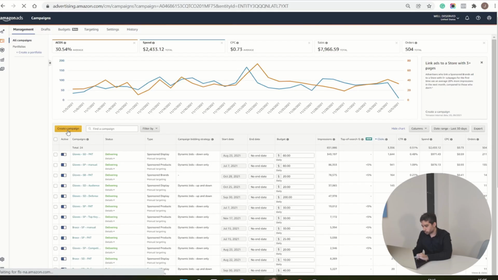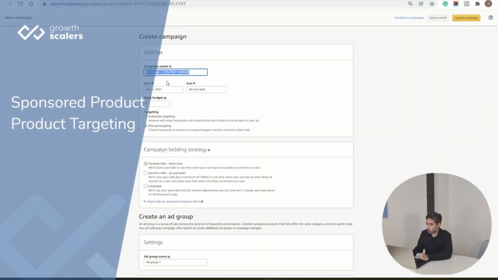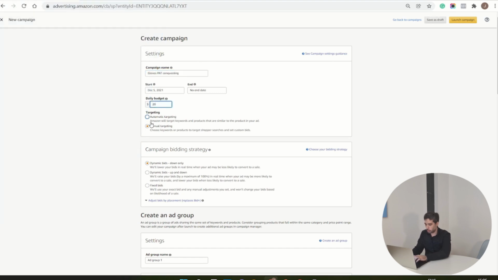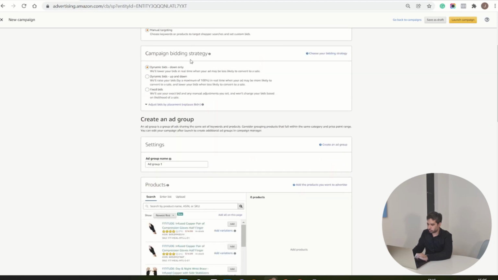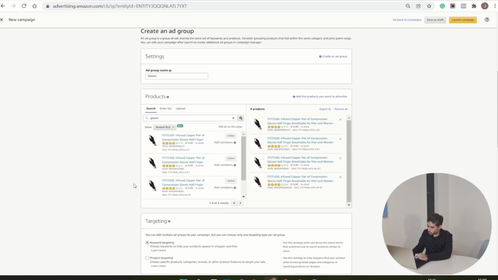Now we want to have the last and least campaign today. So this campaign is the campaign that is going to be shown on the product listing of other competitors. So let's go back to create campaign, and we want to create a new sponsored product campaign that we are going to call gloves, and we're going to call it product targeting, and this would be generic. Let's add the budget 20, and then we don't say automatic targeting, we say manual targeting. Once again, we want to say dynamic bids down only, and then we're going to call it gloves again. We search, we add all